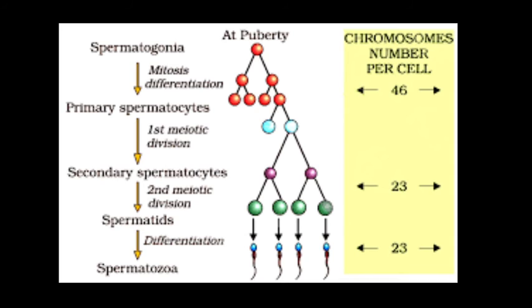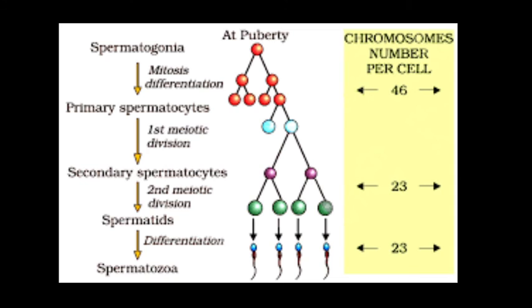So at the time of puberty in males, there is one more process which we call spermatogenesis. The spermatogonia multiply by mitosis to increase in number. They are present in the inner wall of the seminiferous tubule. Each spermatogonium is diploid and contains 46 chromosomes. Some spermatogonia become primary spermatocytes and periodically undergo meiosis to form two equal haploid cells. That is called the secondary spermatocyte, and they contain 23 chromosomes.